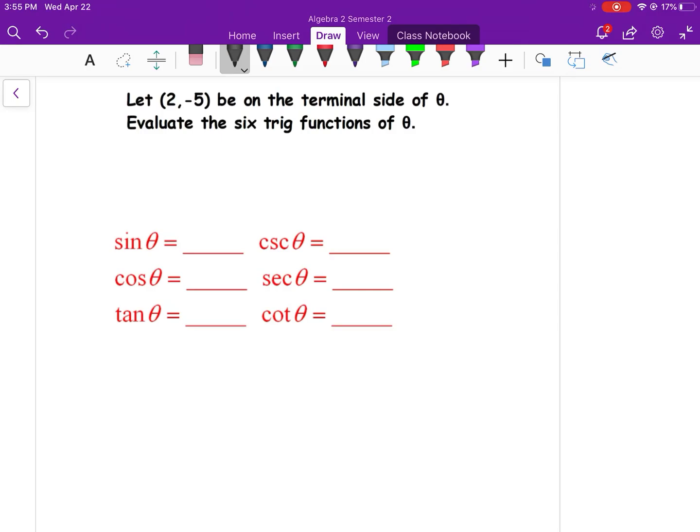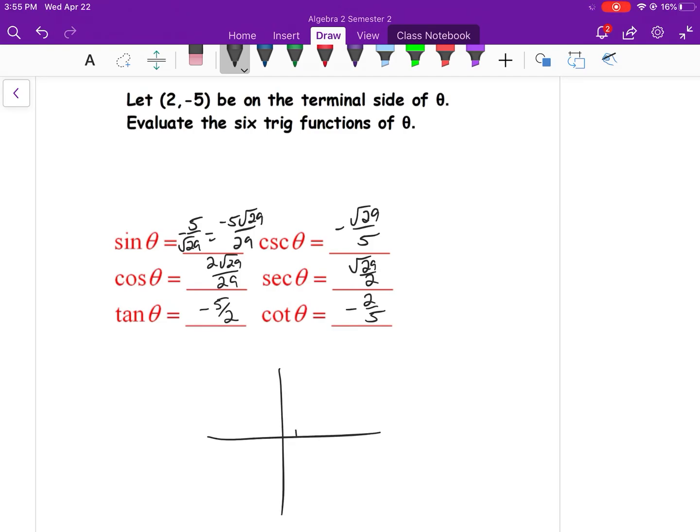Okay, you would get -5 over square root 29, but then rationalizing it, you get -5 root 29 over 29, 2 root 29 over 29, -5 halves, negative square root 29 over 5, square root 29 over 2, and then -2/5. Now, one thing I do want you to notice, if we did a quick sketch, 2, -5,